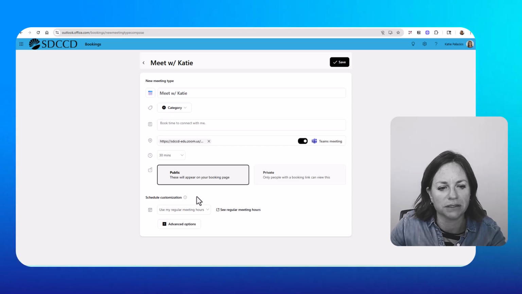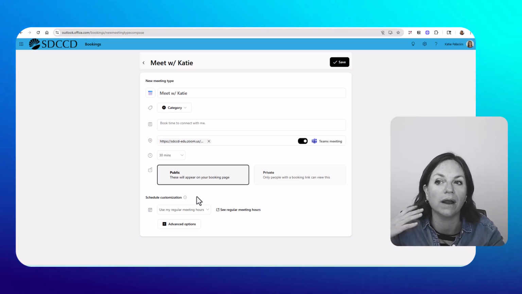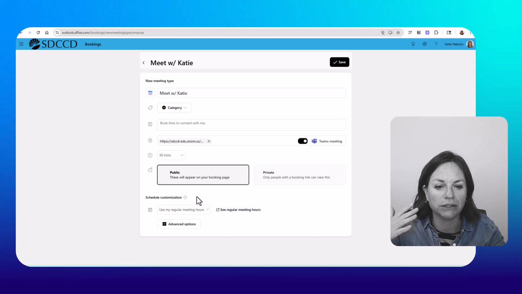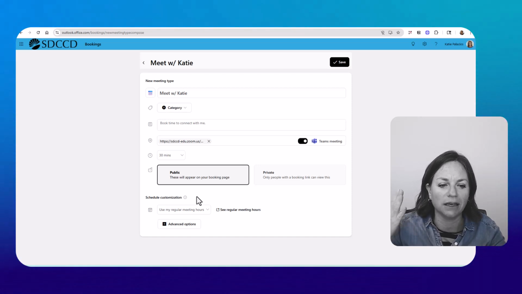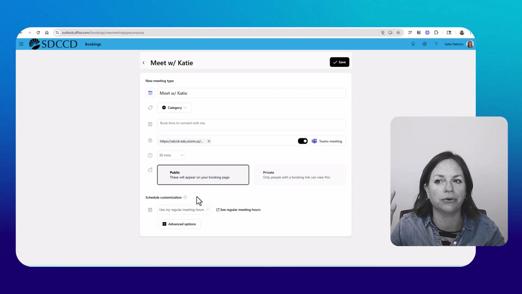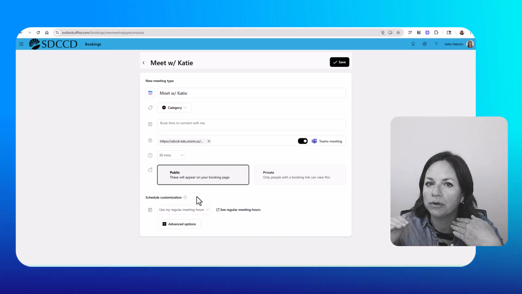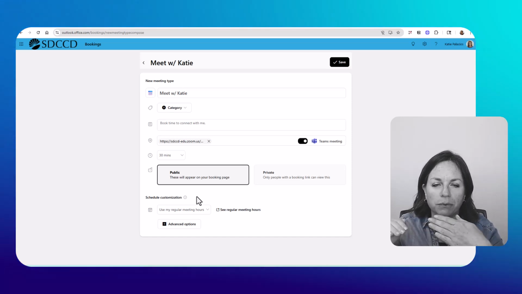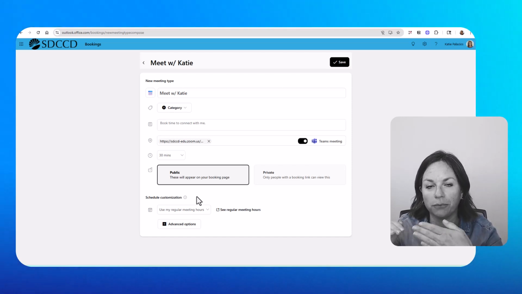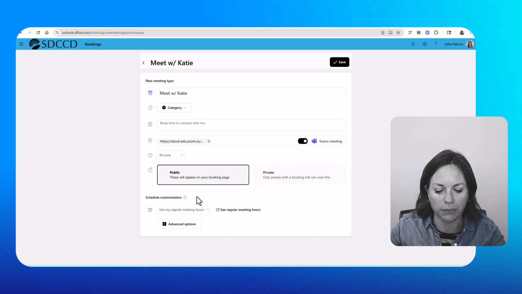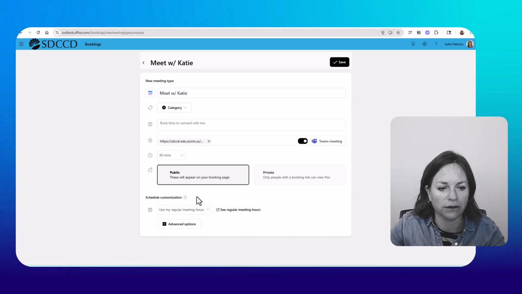This is the part that's going to take a little time because you want to figure out what hours you want to make yourself available to be booked. And this is syncing up with your Outlook calendar. So no matter what, if there's something that has you busy on your Outlook calendar, you will not be double booked. This booking is not going to allow someone to make an appointment with you if you've already got something in that time slot as busy on your Microsoft calendar.